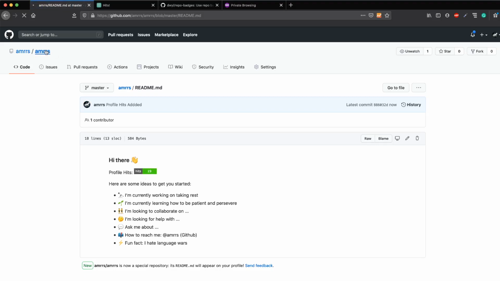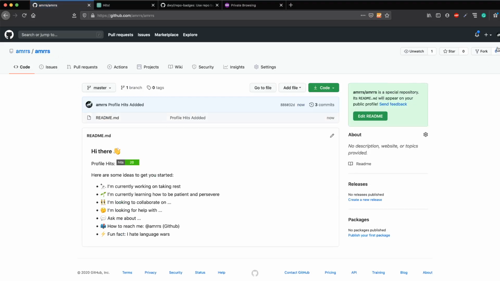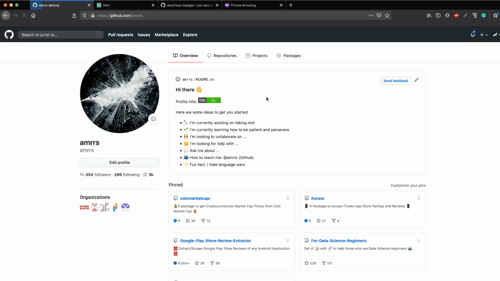We had just removed it, and you can see it increments every time we load it. So that's the caveat. The biggest problem is that even if you refresh, it's going to increment. That is a problem. As much as I refresh it, it is also going to increment it. But you have a lot of advantages. You at least get a ballpark figure of how many people have seen it.